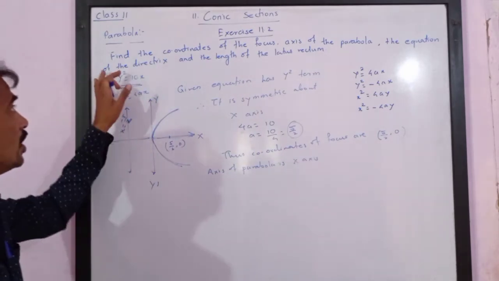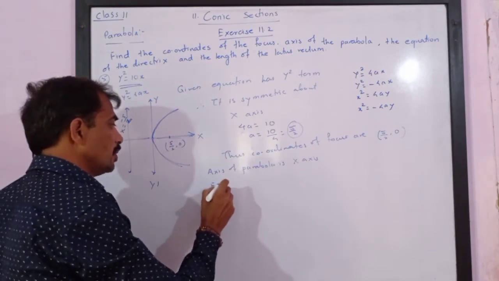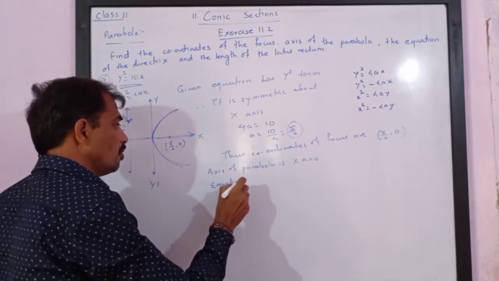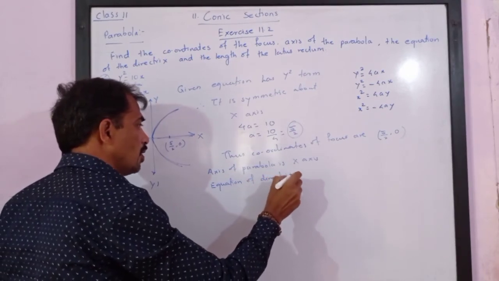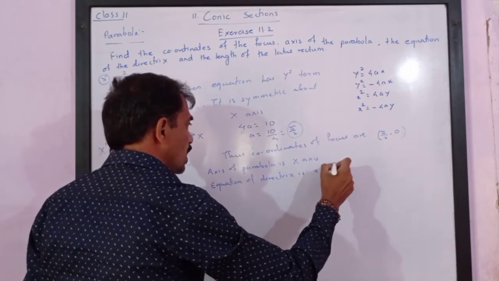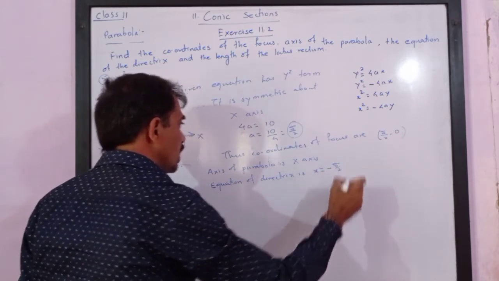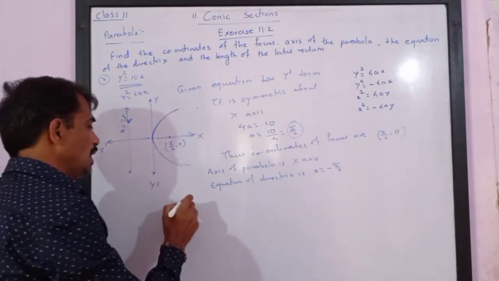The equation of the directrix we have already written. Equation of the directrix is x equals to negative 5 upon 2, and the length of the latus rectum